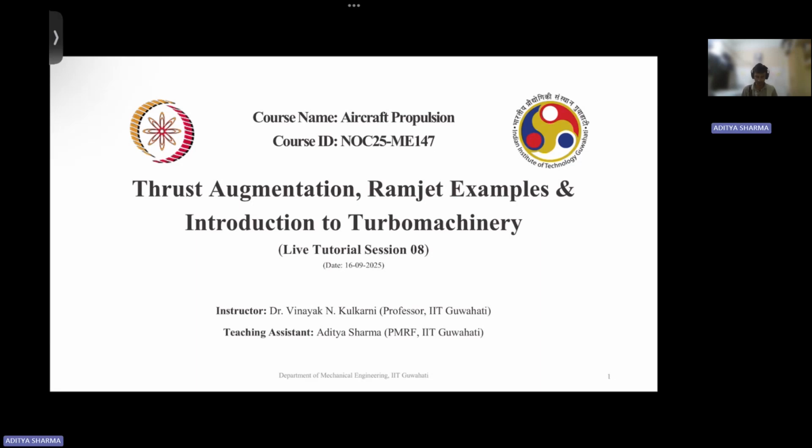So we can start today's session. Thrust augmentation, Ramjet examples, and introduction to turbomachinery. Out of these three, the first lecture is on the Ramjet example. Not too much to discuss. In one of the previous weeks' lectures, the Ramjet engine has been discussed. Three types of engines were discussed: turbofan, turbojet, and Ramjet engine. In today's session, we will discuss thrust augmentation first,